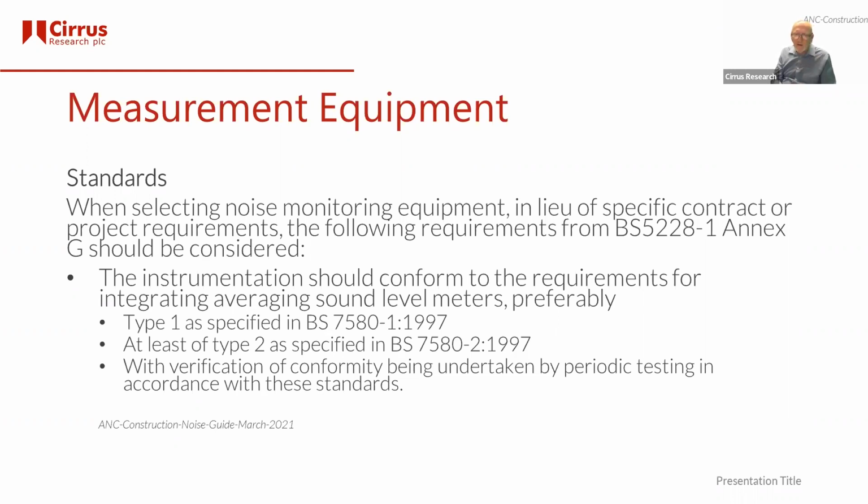So my recommendation would be to type 1, or as it's said more usually these days, class 1. And the interesting thing about that statement when you look at it is that that's an old standard. So it means that you can use older sound level meters and older measurement systems. You don't actually, because that particular standard has been superseded by the IEC 61672 sound level monitoring standard. So that is basically saying you can use older equipment to do the monitoring, as long as, of course, it's accurate and it's been calibrated, etc.